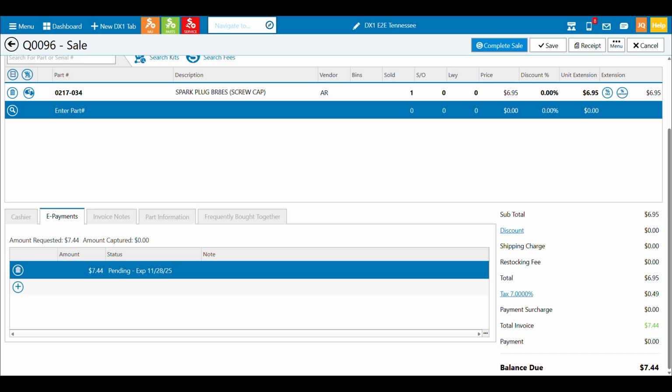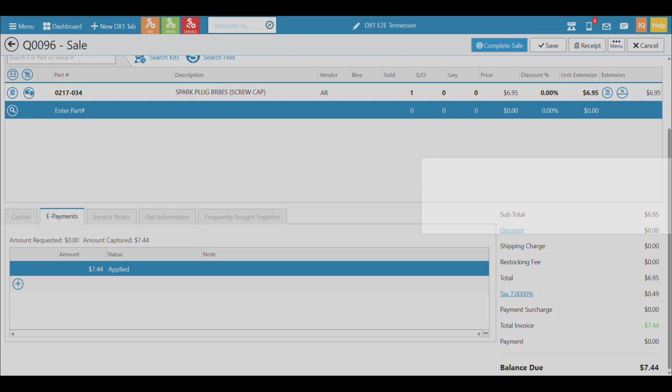Now, one of the things I did want to talk about is you can see there's some change on the page right this moment. Once we actually sent that over, we can see that there is now an amount requested, right? That's so we can keep track that somebody's already sent something to this customer via the request.